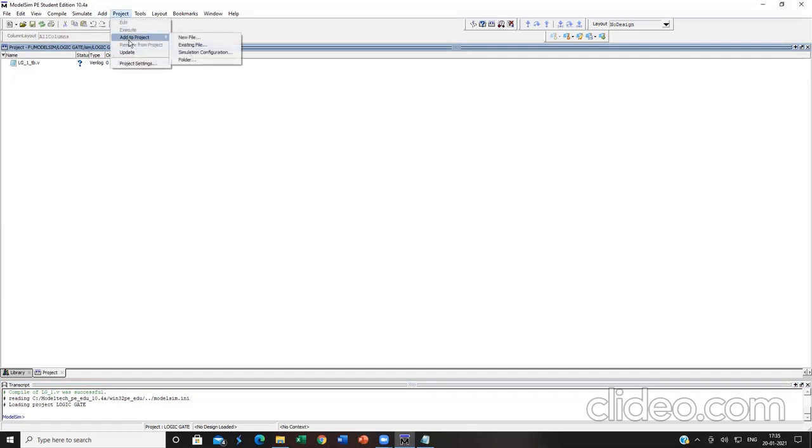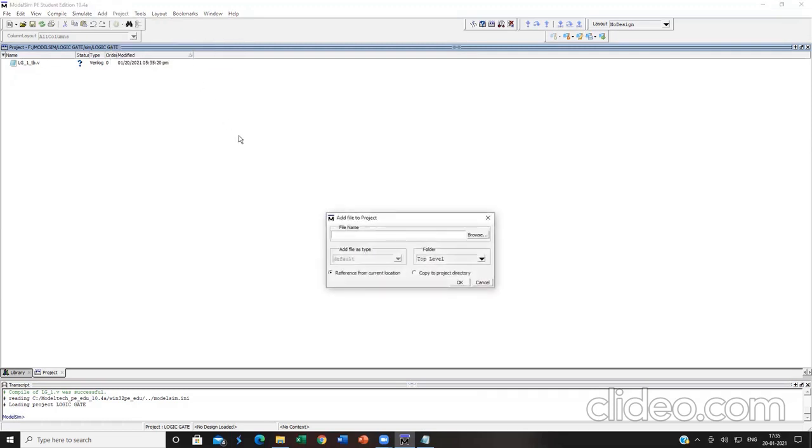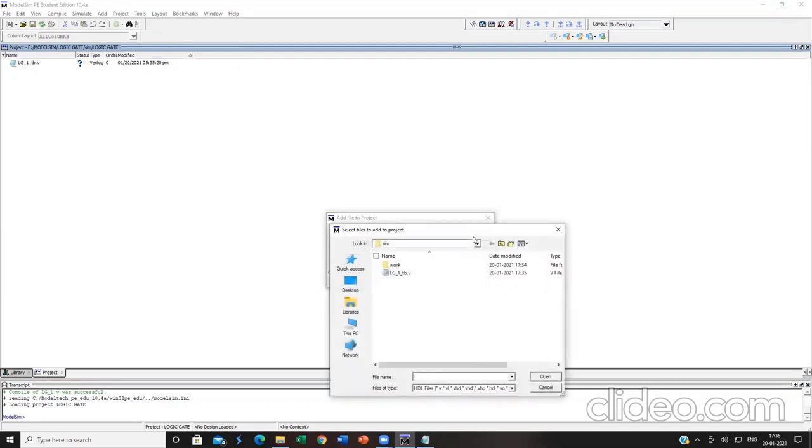There will be an option called add to project, with a drop down list: new file, existing file, simulation configuration, folder. Kindly select existing file. It will ask what file should be added to this project. Kindly click on browse. Now go to the RTL folder of this particular project by clicking this up button.